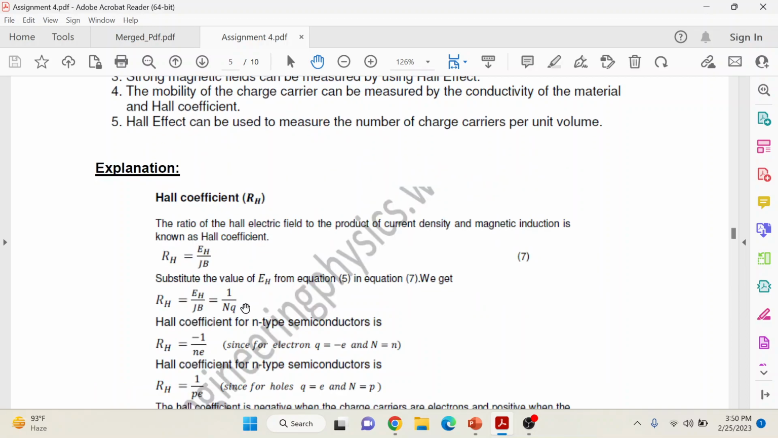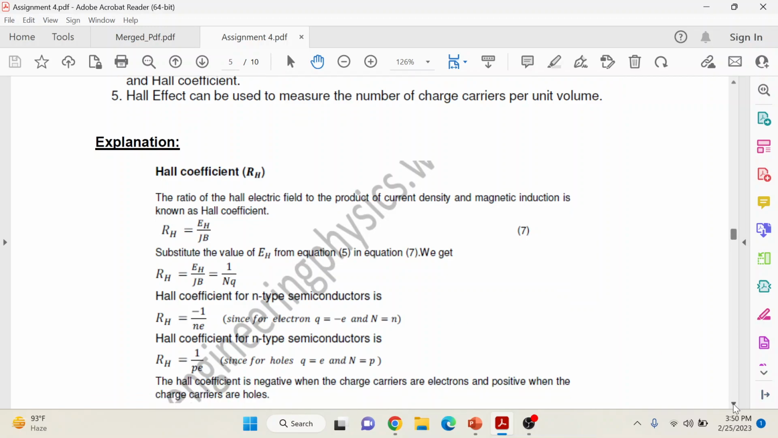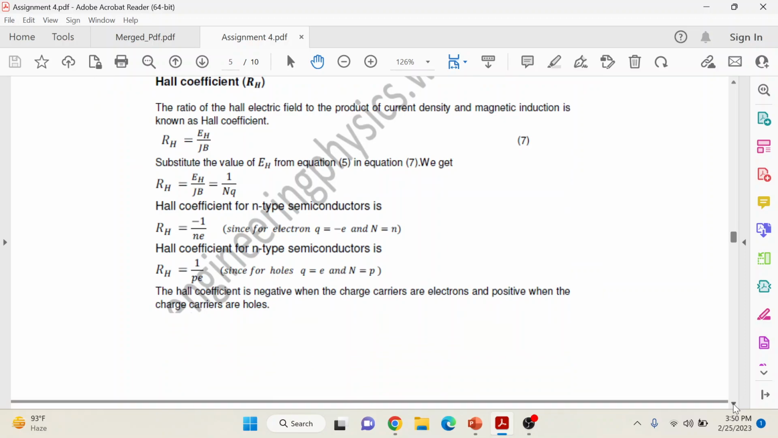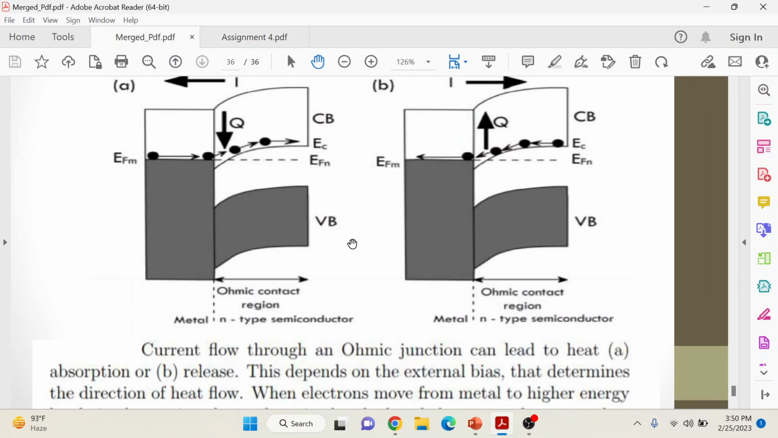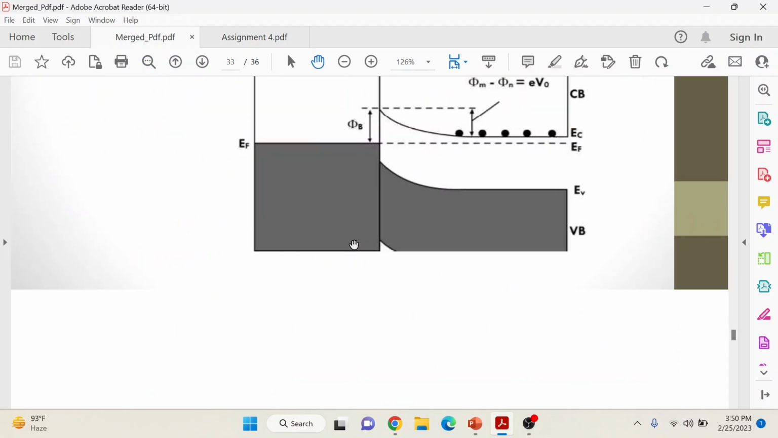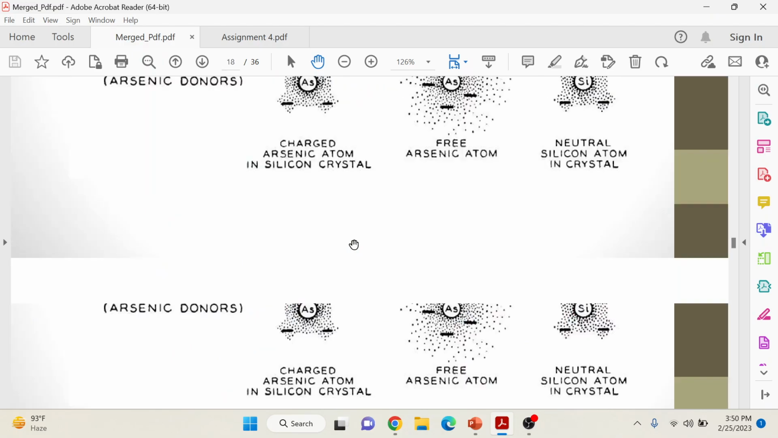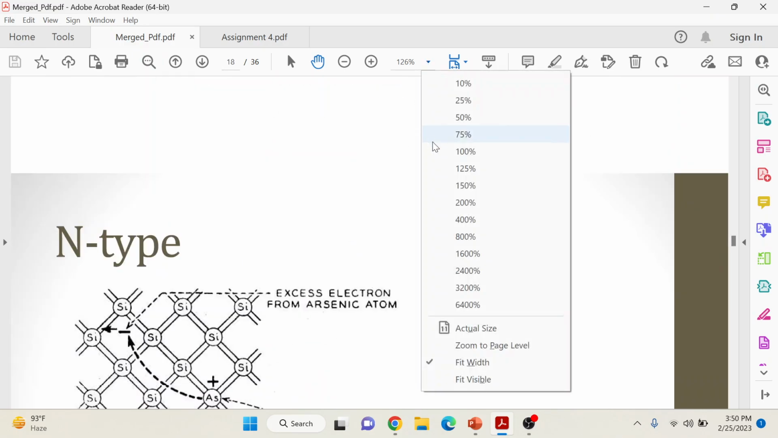Now the Hall coefficient for N-type semiconductor: for electron, Q is equal to minus e and n is equal to N, so RH equals minus 1 over Ne. So Hall coefficient for N-type semiconductor is RH equal to 1 over rho e, and Hall coefficient is negative when the charge carriers are electrons and positive when the charge carriers are holes. Let me elaborate it some more. So if you go by the PDF that I will be sharing, you can see